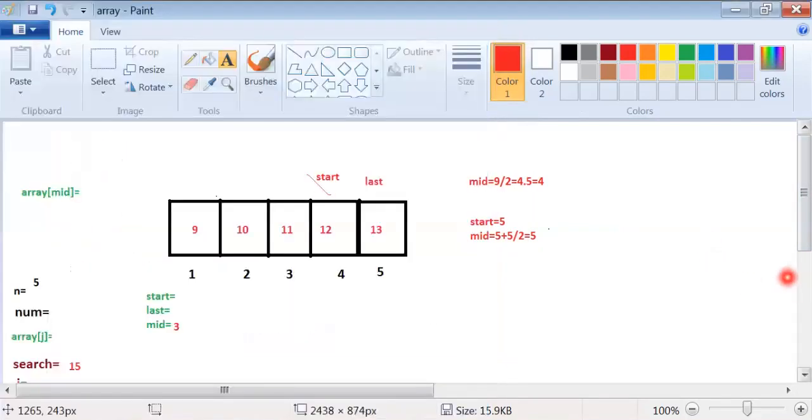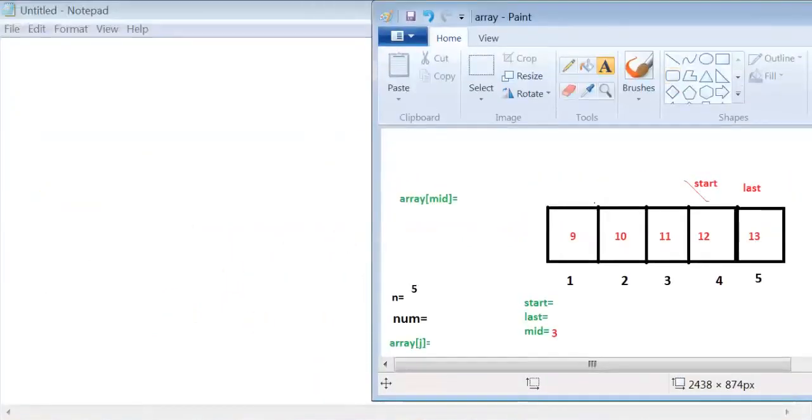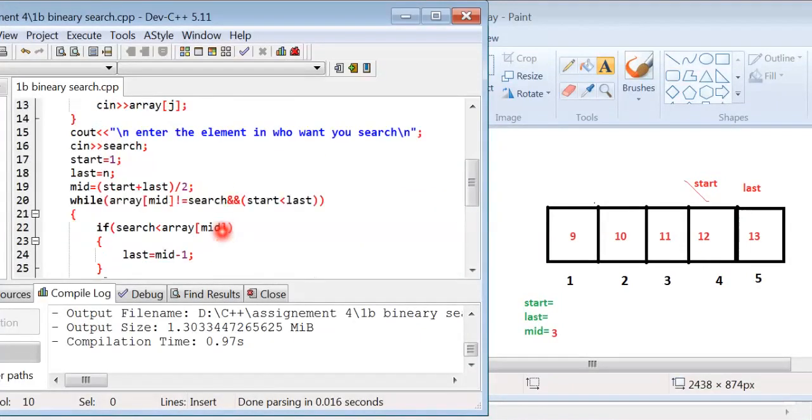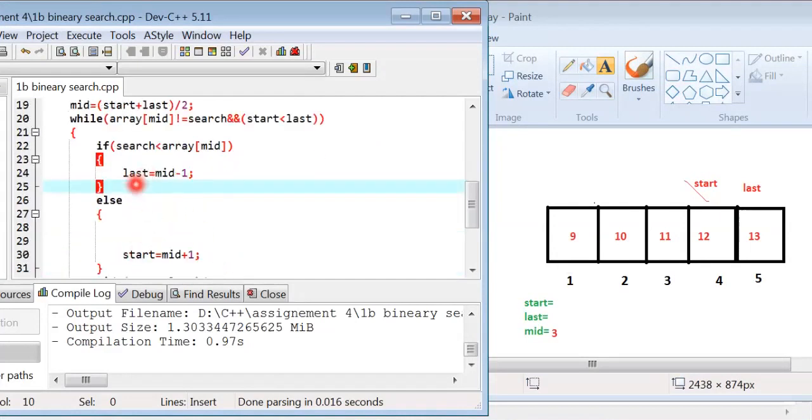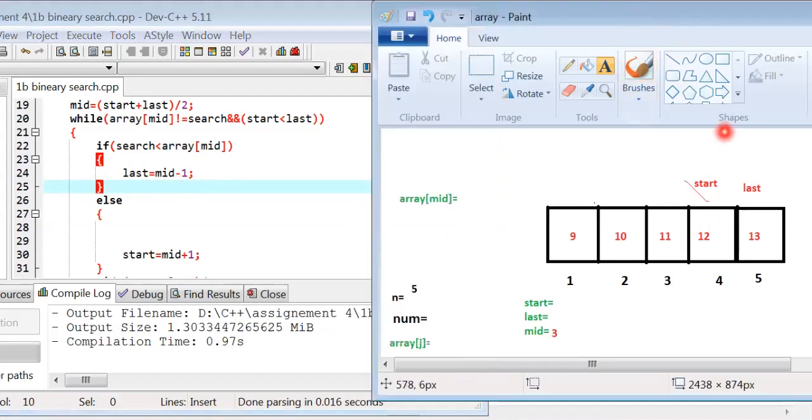If the search is less than the element, then this part is executed. If we search for 9, then execute this part: last equals mid minus 1.